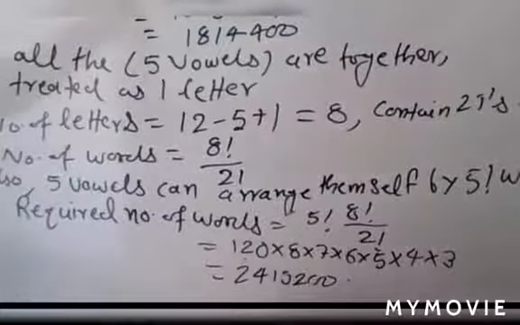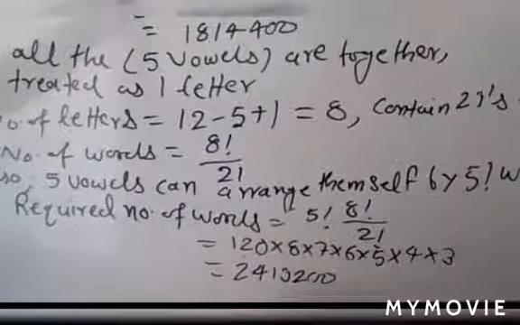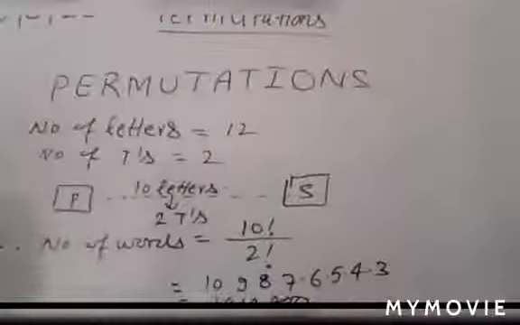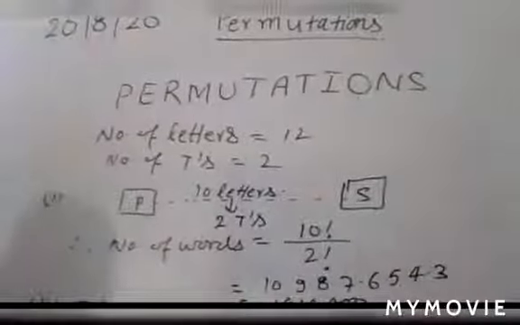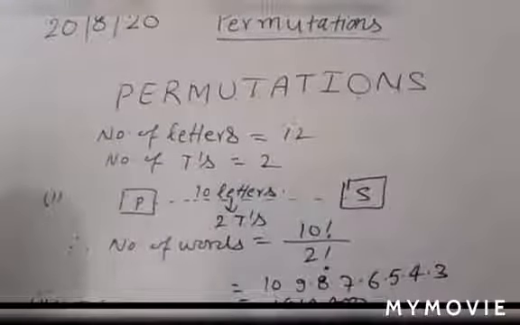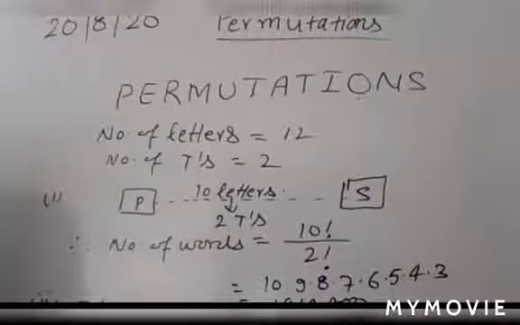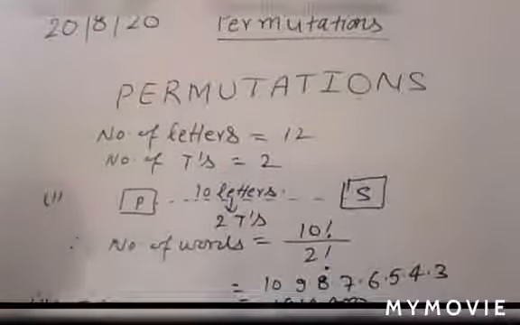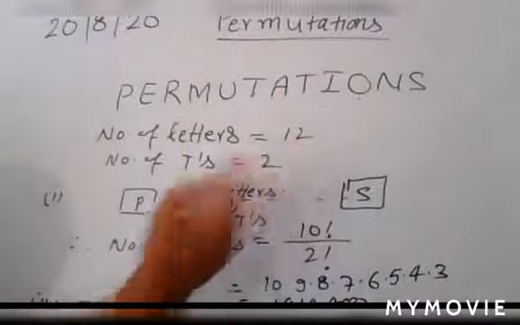Everyone getting the second part? Yes, sir. Okay. Now you come to the third part. So what is given in the third part here? Here it is given that in between P and S, 4 letters are there. Wherever P and S are, in between P and S, 4 letters are there. So the total number of positions here is 12.